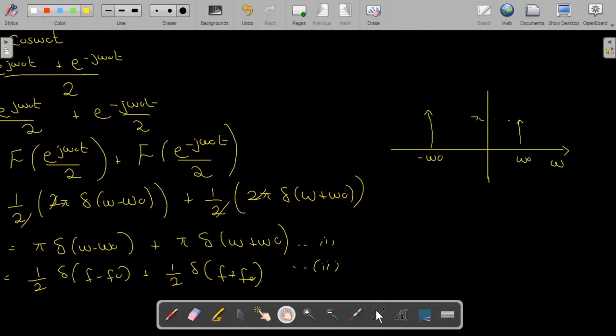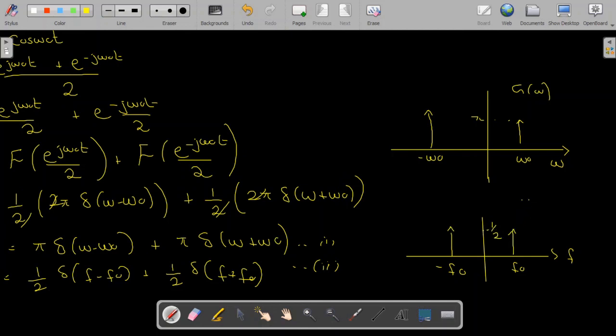But if I want to plot it in the simple frequency domain, I can also do that. So this is my g of omega. But if I want g of f, then I can also do that. So in that case, we have 1 by 2 and 1 by 2. So we are going to have an impulse of 1 by 2 at a frequency of f naught, and at the frequency of minus f naught we are also going to have an impulse of 1 by 2. So these are going to be my two impulses. The amplitude is 1 by 2, so this is going to be my g of f. Thank you.